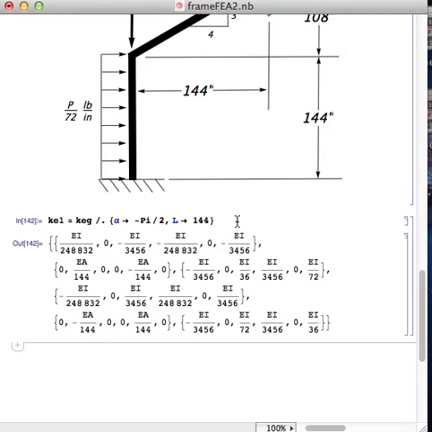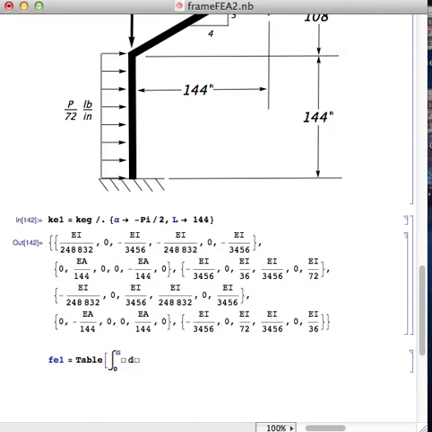All right, so there's our element stiffness matrix for the first element, and the rotation has been applied. So it's actually in the global coordinate system at this point. Now we need to calculate what the element force vector is due to distributed loads. So we'll call that FE1. All right, that's going to be, we've done this many times, 0 to L. It's going to be F of X, but in this case, I wrote down what it is. It's P over 72, times